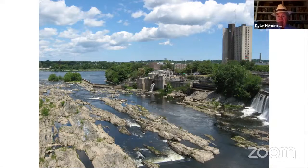And one of the elements about the river is that it works for recreation, but it is still aiding the community. And by that, I mean there are dozens of power plants that still harness the river and provide electricity, and 500,000 people or more still get their drinking water from the Merrimack. Now, this isn't generally known. I was kind of surprised to hear it, but it is very important because when we say, gee, we need a clean river,